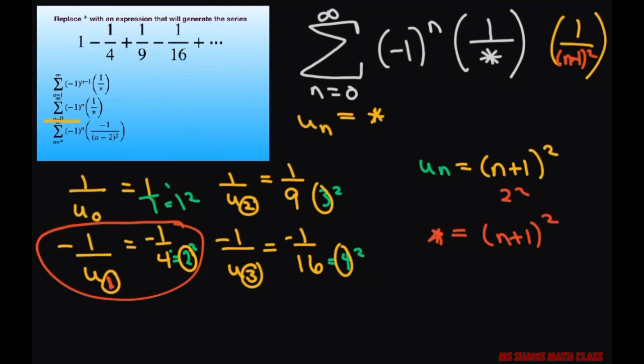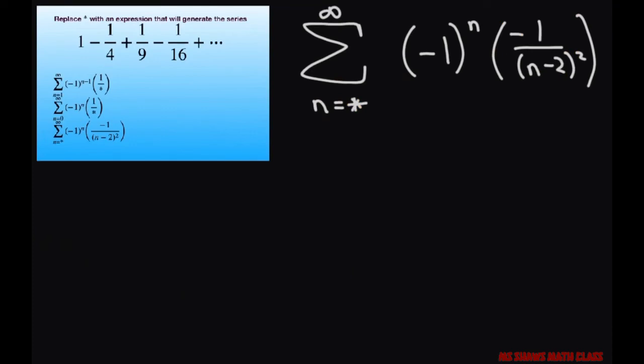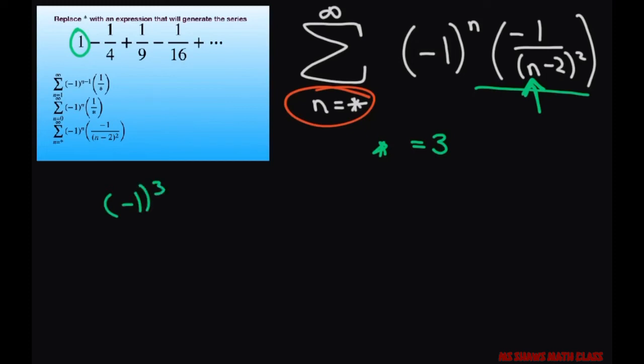All right, and then the last one is we have to find where our n. So basically, looking at our formula, we need to know what we want. And just look at the first number. We need a 1. What will give us a 1 there? And that would be 3. So if we just let our star equal 3, then we would have negative 1 cubed times negative 1 divided by 1 squared